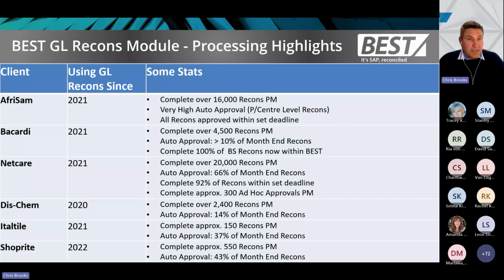And lastly, ShopRite, since 2022, they're completing about 550 recons per month and are automatically approving 43% of those month-end reconciliations. So those are some of our customers in terms of looking at recent stats, and it's useful to sometimes understand the volumes and the percentages of how important that automatic approval can be.